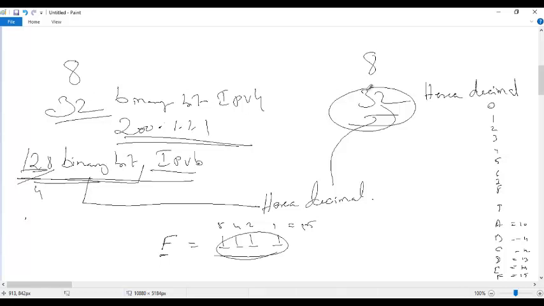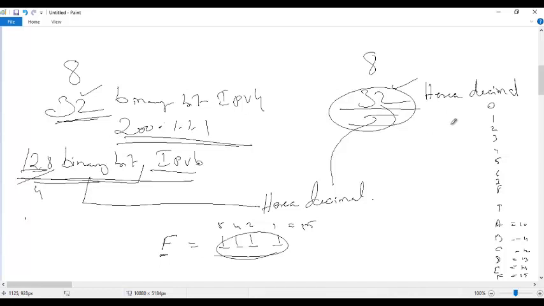I told you there is a connection between these numbers. Here you know what is 32, here you know what is 32. What is the size of the IPv4 address? 32-bit. What is the size of the IPv6 address? 32 as well. Both are the same number, but the number system is different. 128 is 32 digits of hexadecimal. So there is some connection, you see.